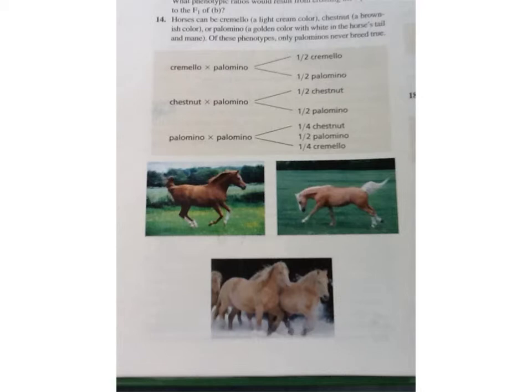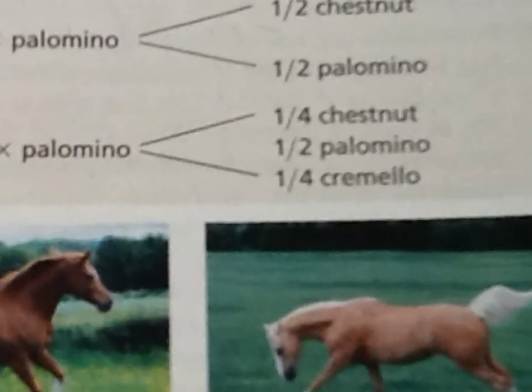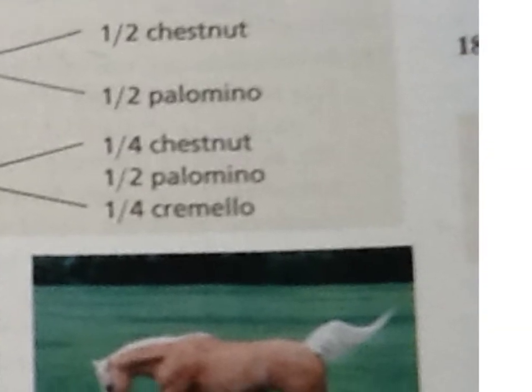But then we have to next figure out what the genotypes for these different horses are going to be. So we have to pick some letters. And in genetics, you can pick whatever symbols you want. But I am going to use the letter C. And if we go ahead and zoom in a little bit here, I'm going to use the letter C because of coat color. And because this is incomplete dominance, I'm going to use a C for both of them,